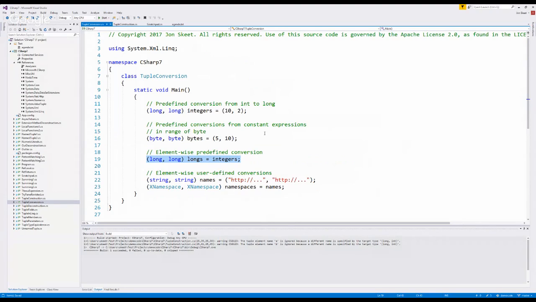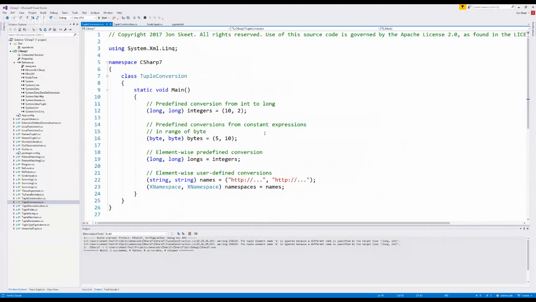So assigning a tuple of one type to a tuple of another type, well, even assigning a tuple of one type to the same type is effectively copying individual values. It can't just be a reference copy, because ValueTuple is a value type, so it's copying all the elements, and the compiler just allows you to do this with